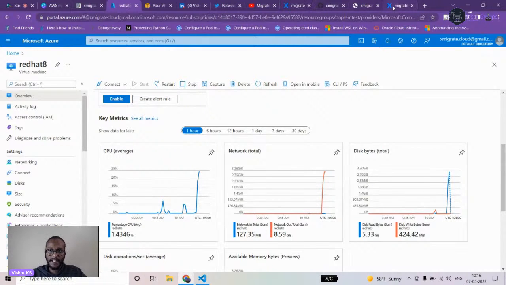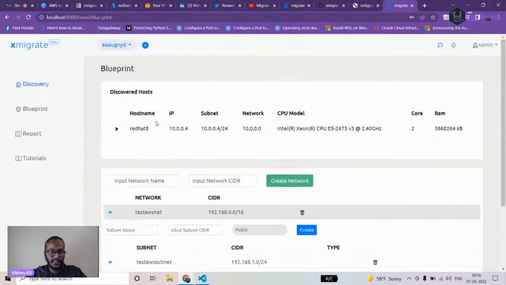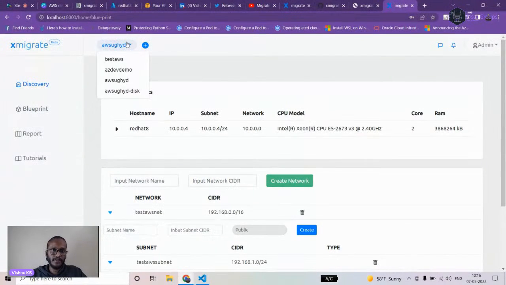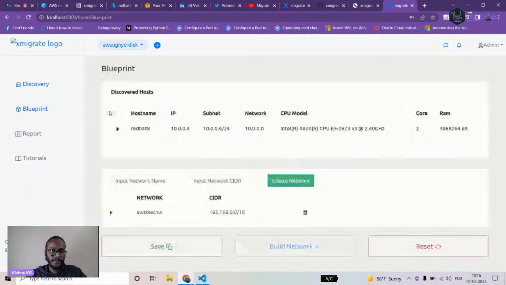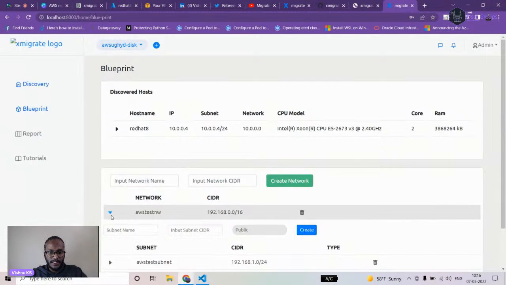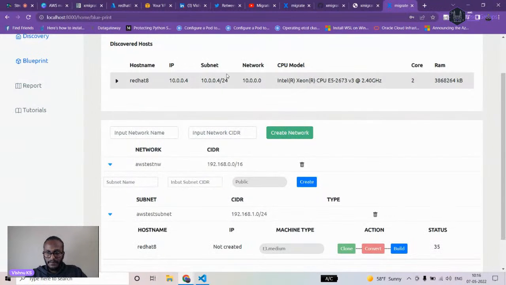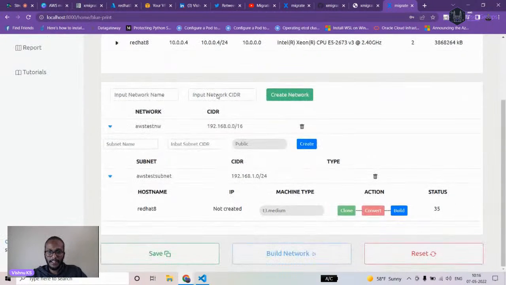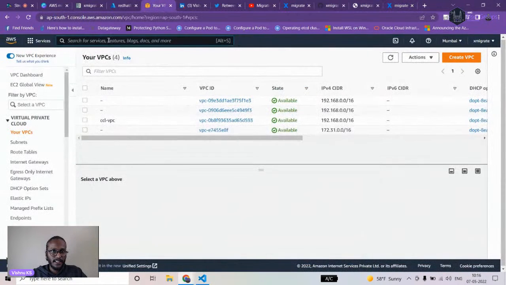I already did that process yesterday for the sake of this demo, and I have another project created here. If you see, it is the same VM, nothing has changed. It's 10.0.4, and everything is the same. I did clone and convert. So basically when doing convert, let me come here,